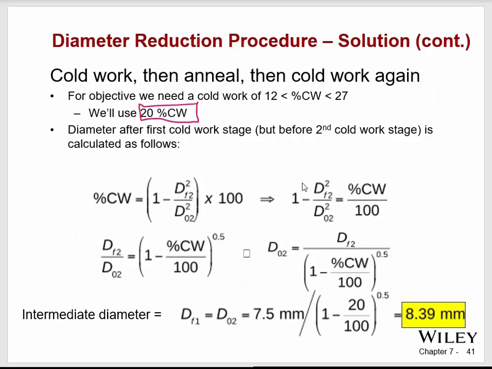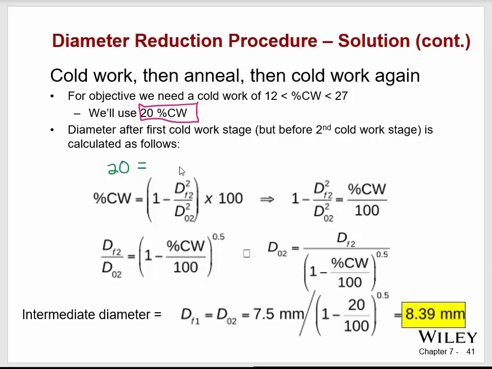So we're going through that process here, and we're saying, well, the percent cold work here, I want it to be 20%, right? So if this is 20, and that's 100 there, so this is 20. Or later on you can see that they fill it with 20, right? But if you were to fill this in right now, you would see that this equation is given as